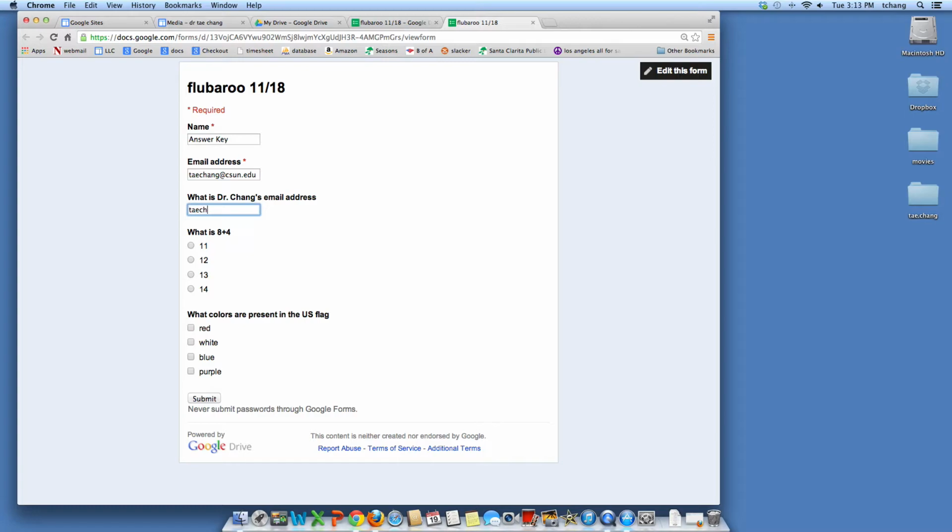So for example, taechang@csun.edu, that's one choice. And then here's where I put the %, and then I type in or, and then I type in the next email address. And my other email address is tay.chang@csun.edu. And then once again, I just put % or, and then my last email address that I gave out